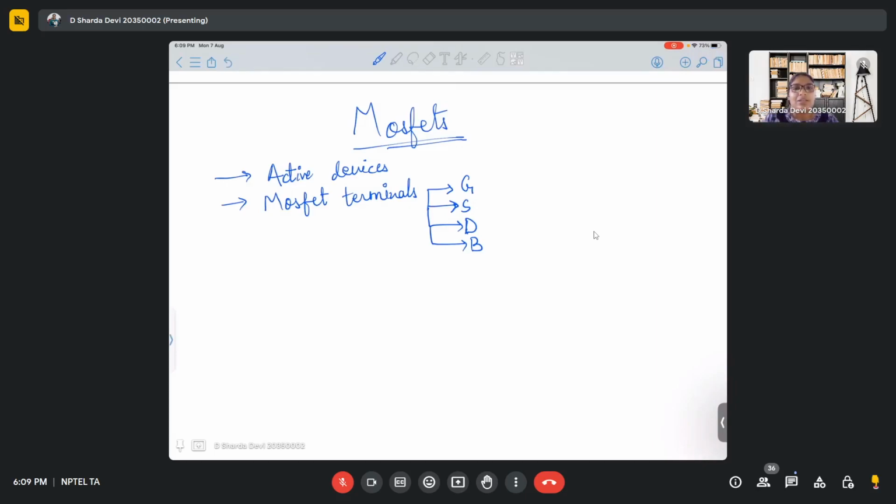The body terminal is short circuited with source, ma'am. That's why it's not drawn. So, is it always shorted with the source? What do you think? Not always. So, in general, we always say that body is shorted with source, but actually